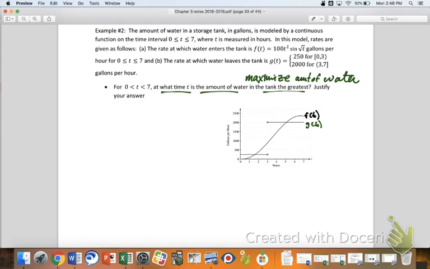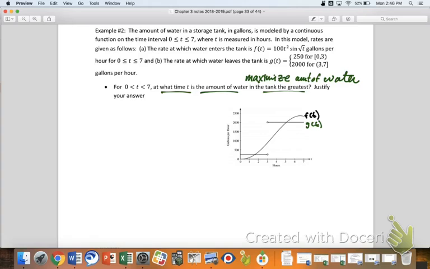Maximum difference between the amount that came in and the amount that went out, right? Okay, so we're going to try to maximize the amount of water. And the reason I say that is because the things on the graph are actually rates, so we want to be careful what we're trying to find the difference between. If I'm trying to maximize the amount of water, I need to set amount of water prime,